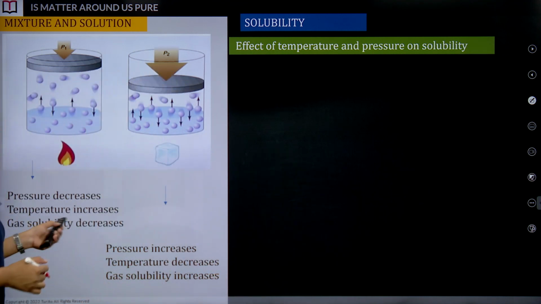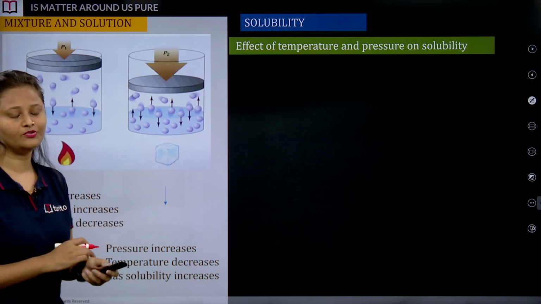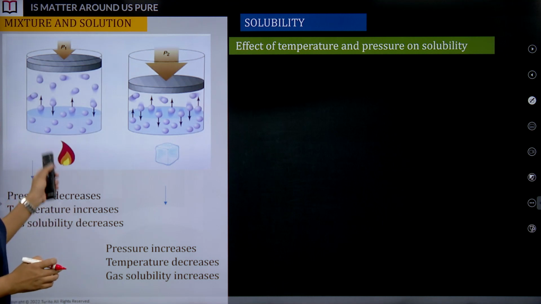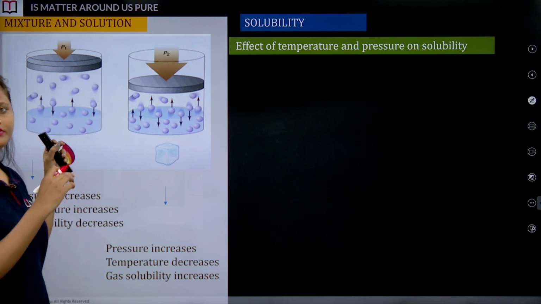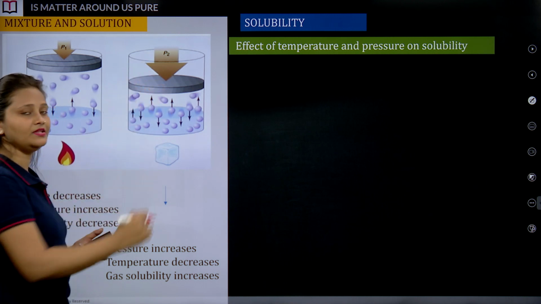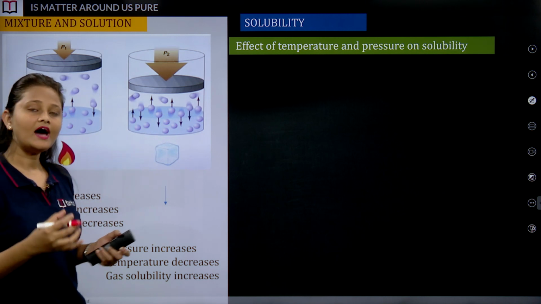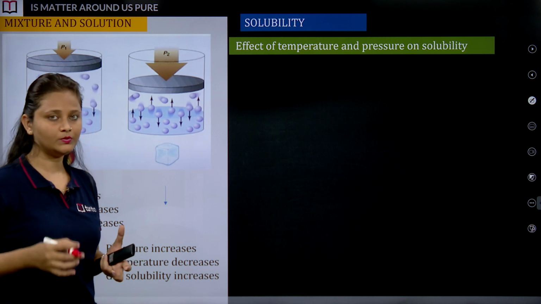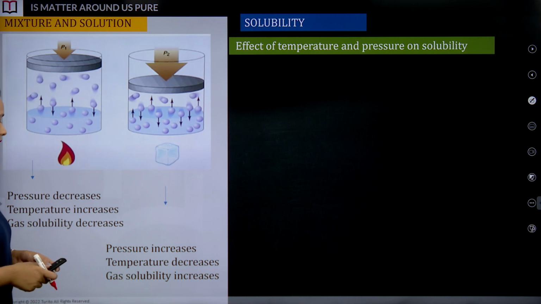And here we talked about pressure. So when pressure decreases and temperature increases, solubility decreases. I explained this term, if you are able to recall it. So we have taken the system here. Initially it is the state where we haven't applied the pressure, but as soon as you apply the pressure, intermolecular spaces are going to get reduced. So there are no extra spaces where we can add the solute in the solution so that it will get soluble. That's why we can say, when pressure decreases, and again we are talking with respect to temperature,